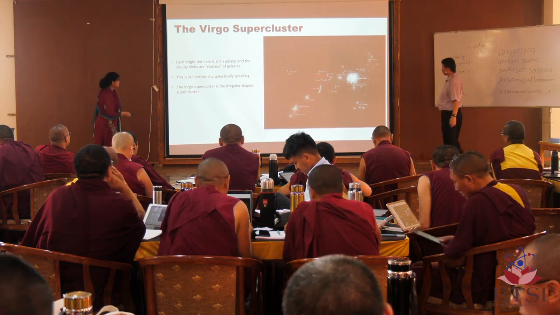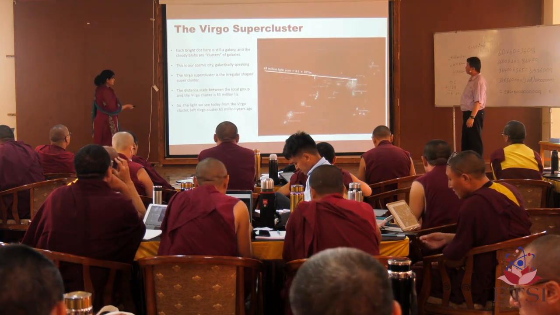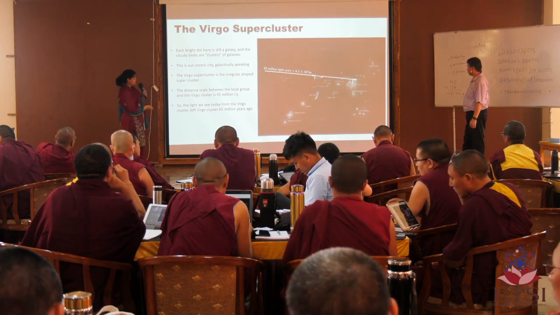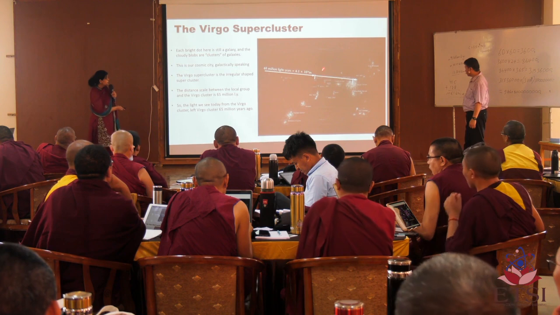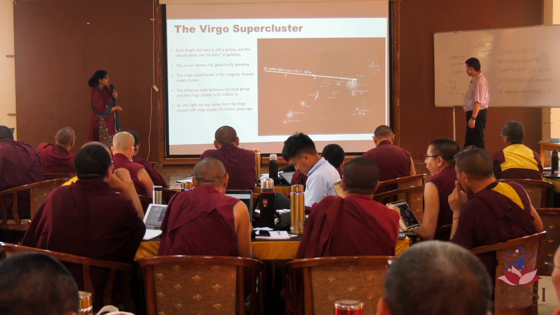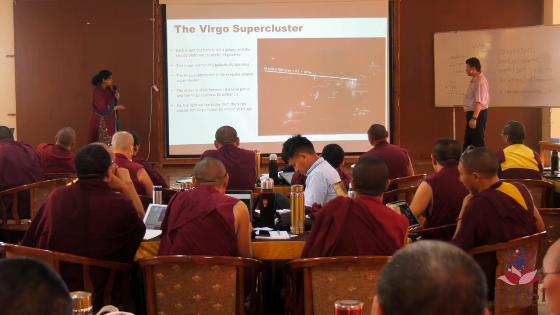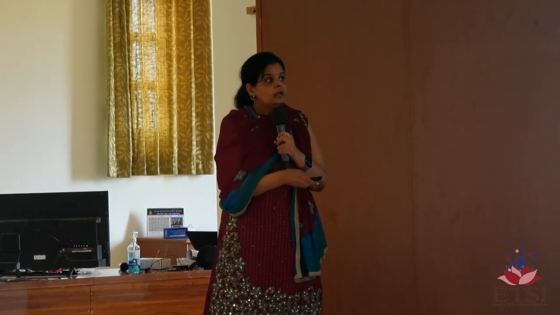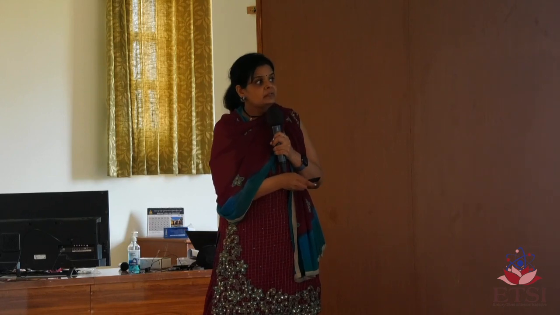Okay, so if I get the distance between the Virgo cluster and our local galactic group, this is 65 million light years. So now notice that we started from 91 billion light years. We are now reducing the distance, right? So this distance means the light that left the Virgo cluster that we see today left this cluster 65 million